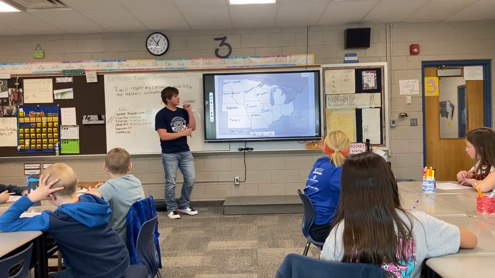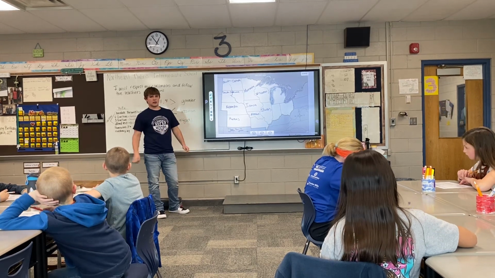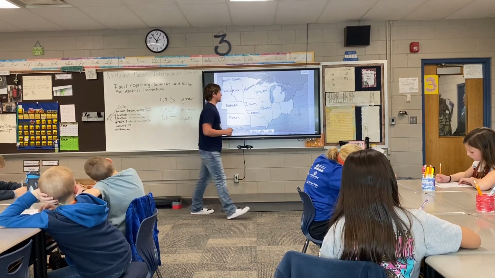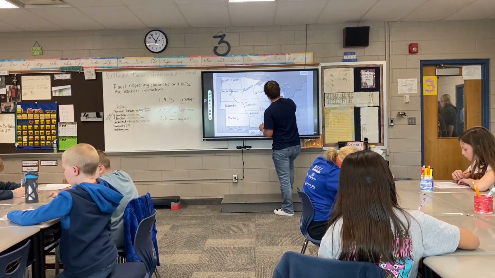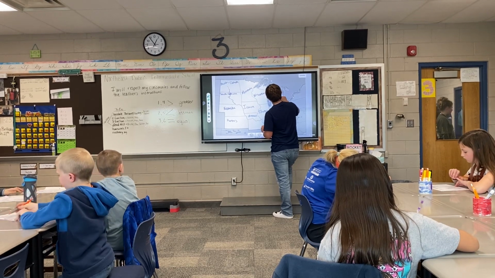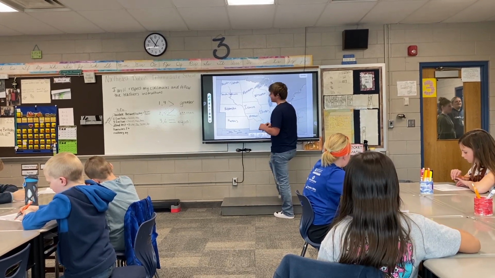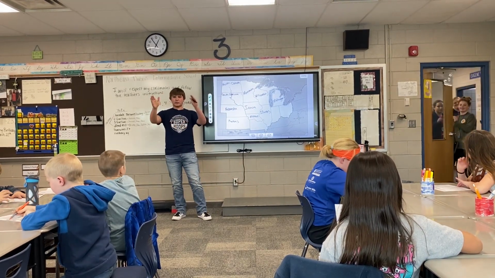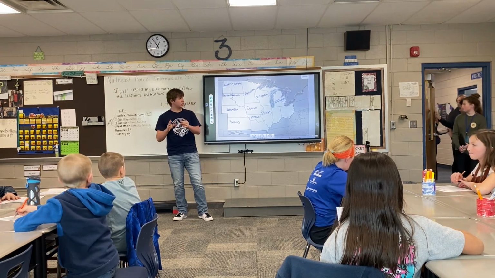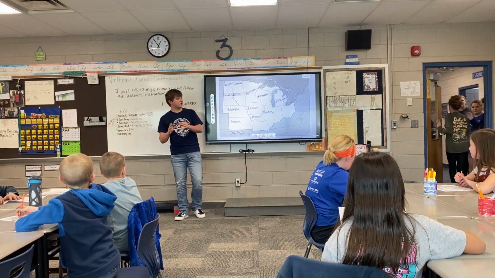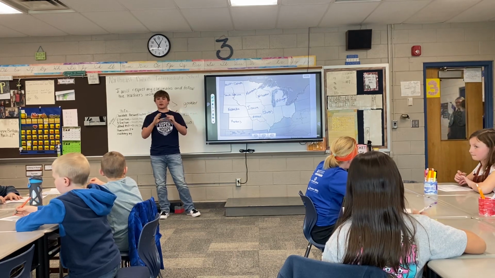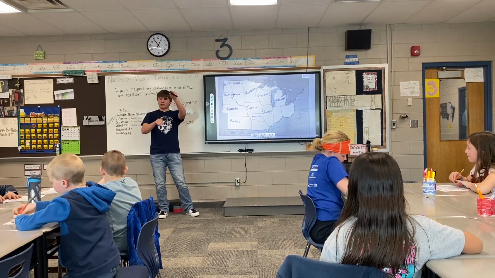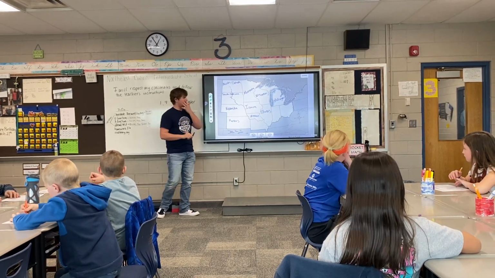East of Wisconsin, the two peninsulas are called Michigan. Yes. Michigan is made up of two peninsulas. A peninsula is like a body of land surrounded by bodies of water. Three sides of the state are surrounded by water, and they call that a peninsula. So Florida, you see, has water on three sides. That is a peninsula.